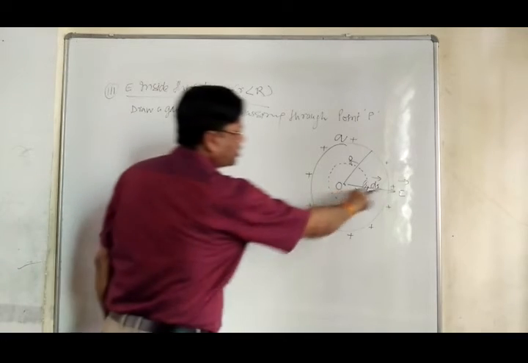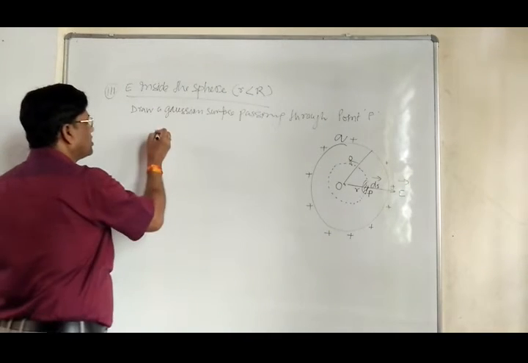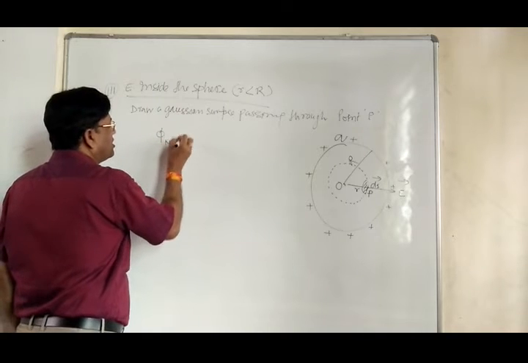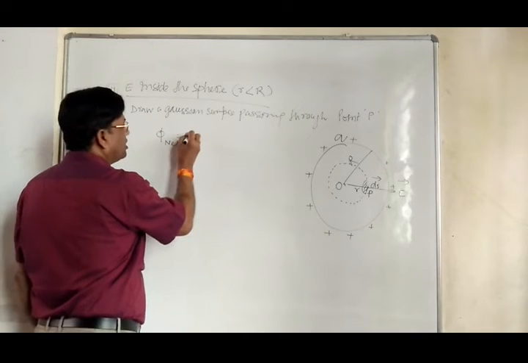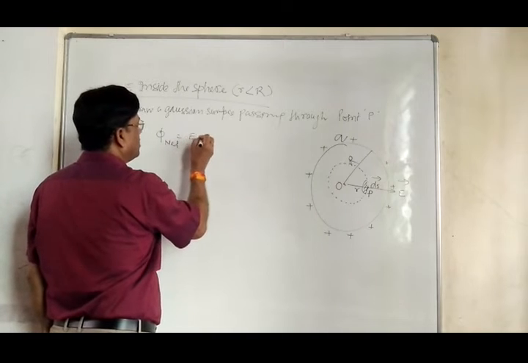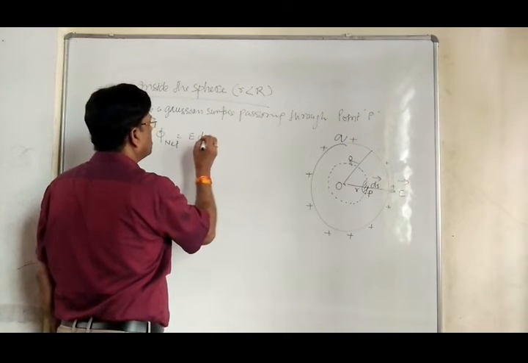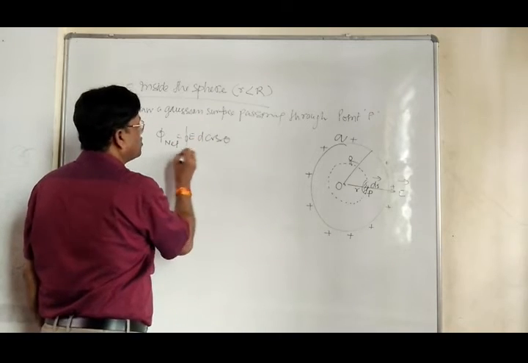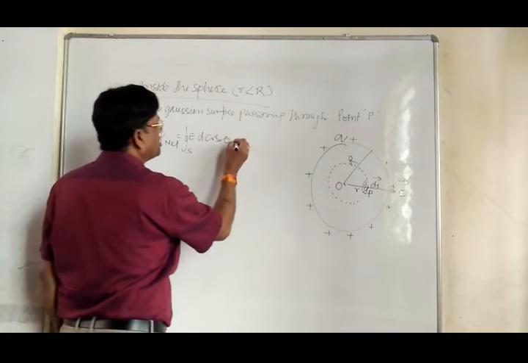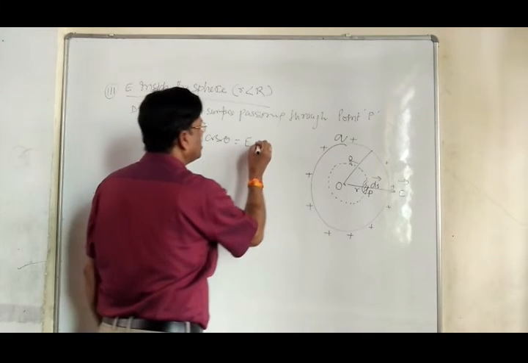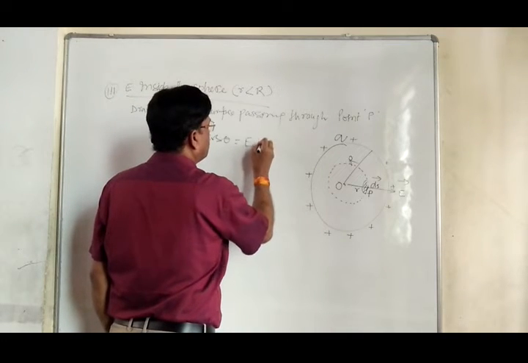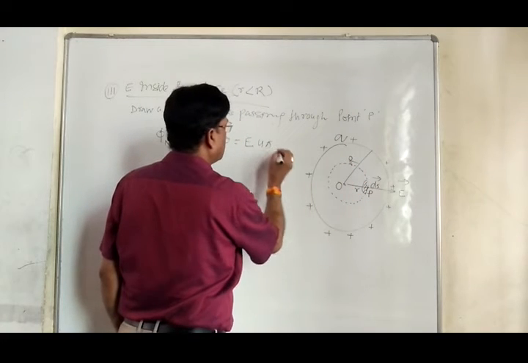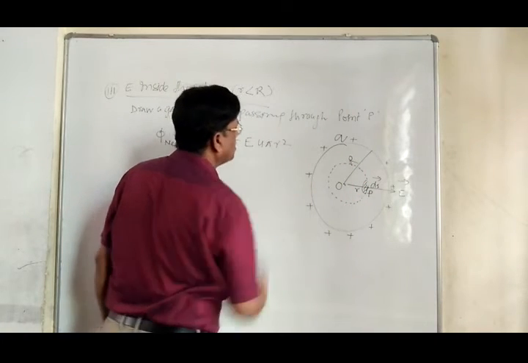Then first, the flux passing through this mathematically, net flux phi E is equal to the integration of E dS cos theta through the surface, which is equal to E times the integral of dS, that is 4 pi r square of this radius.